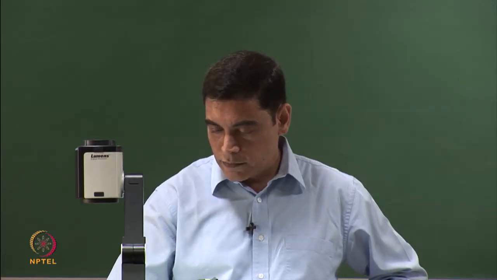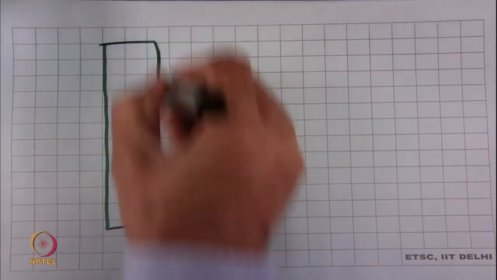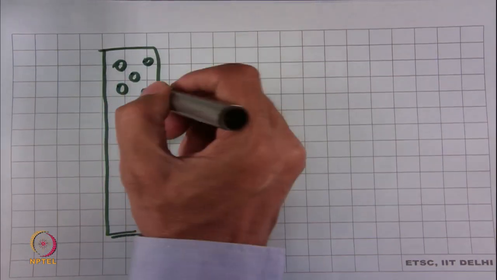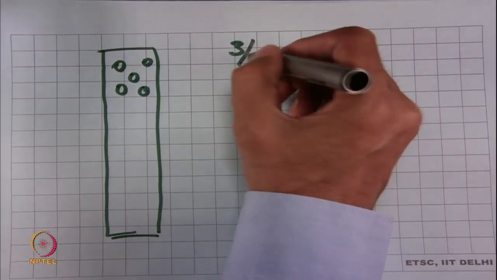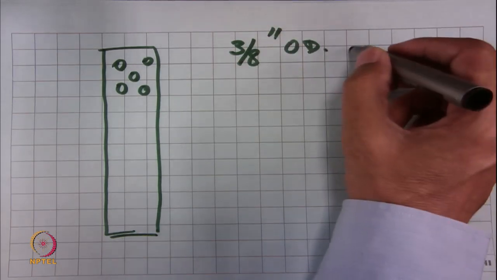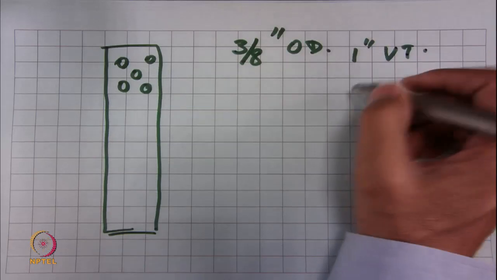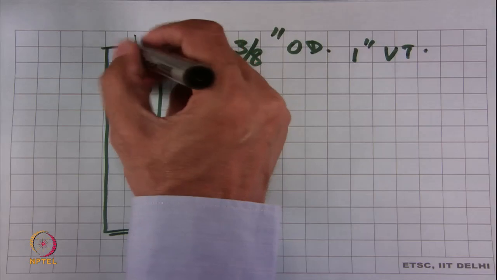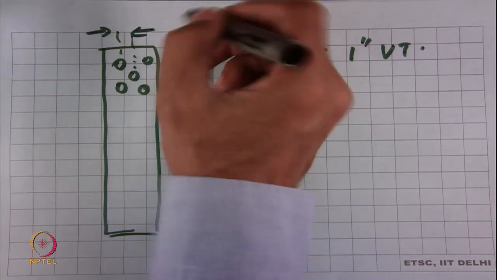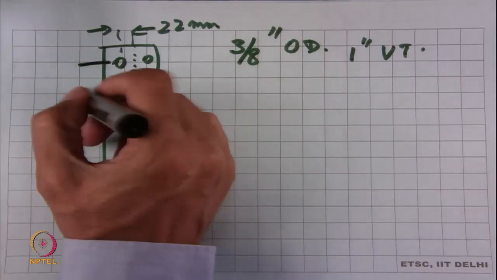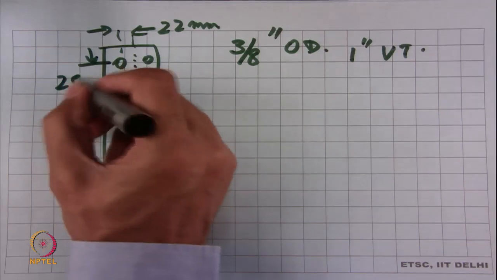Now, having done the evaporator, then the condenser was relatively more simple. We made use of a 3-row condenser coil, again staggered, 3/8 inch diameter. So, for those of you who want to take some notes, there is a 3/8 inch outer diameter, 1 inch vertical pitch, and the distance between rows, this applies actually to both the evaporator and the condenser. So, this distance was 22 millimeters row to row, and this was 1 inch or 25.4 in both the